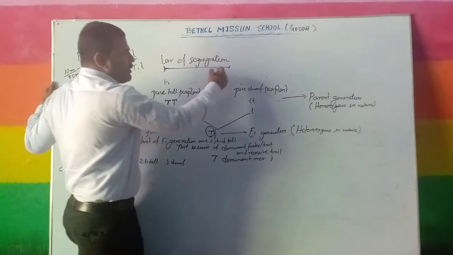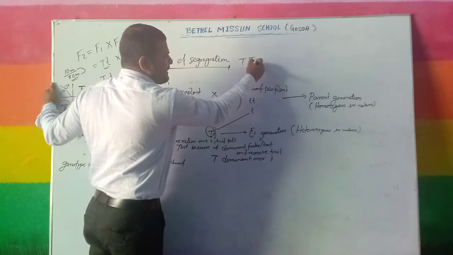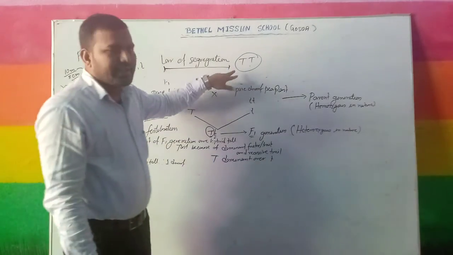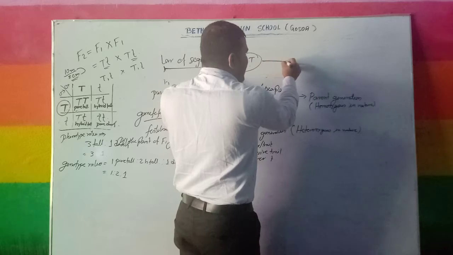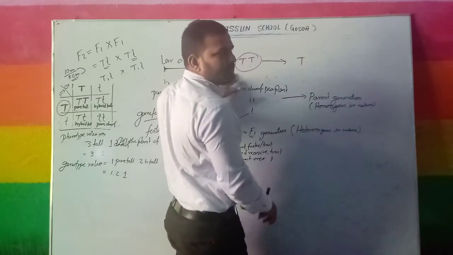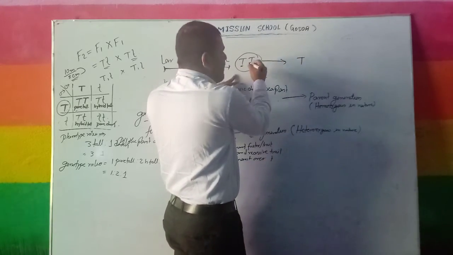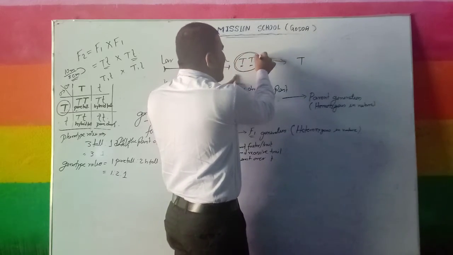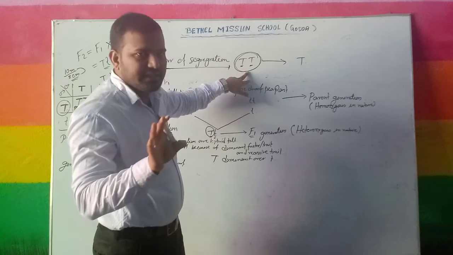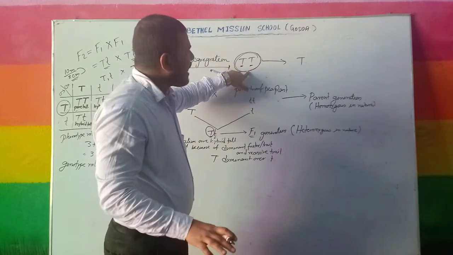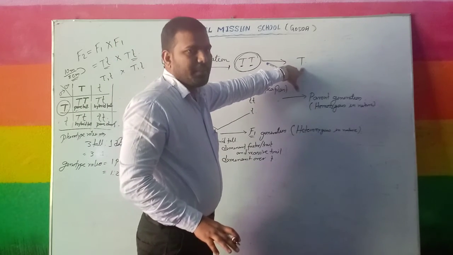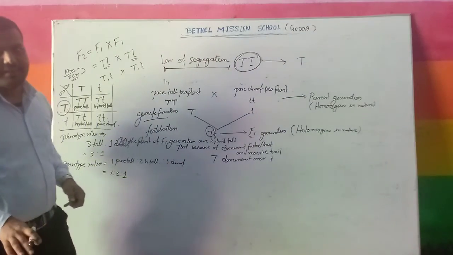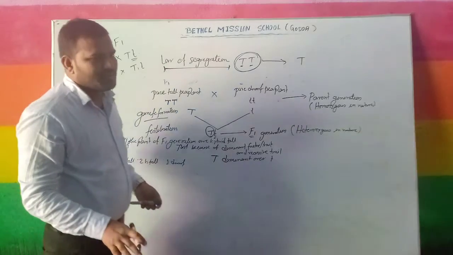In case of the pure tallness, we found the capital T, capital T. Now, when they form the gamete, their chromosome or their gene are going to be separated. These are the alleles, alternative form of gene. So two genes form the alleles which develop the single characteristic. During the gamete formation, they are going to be separated. These are indicating about the law of segregation. Clear? This is your monohybrid cross.